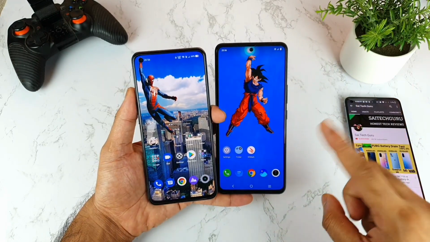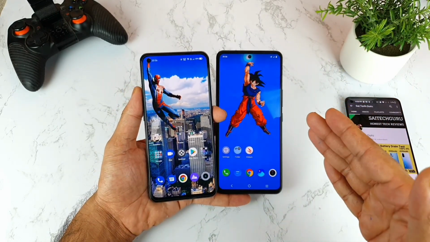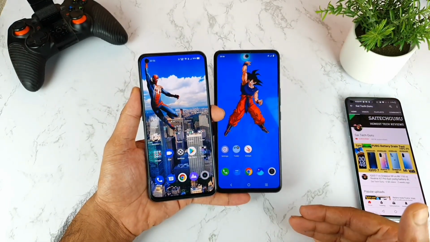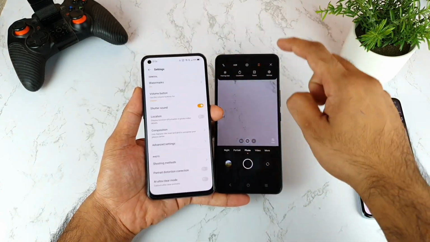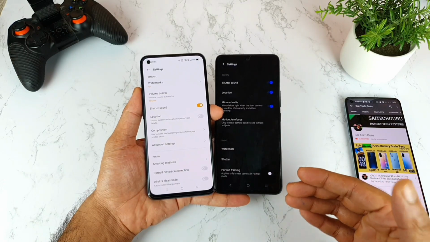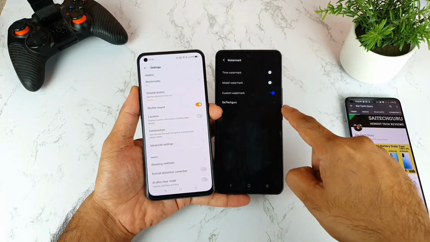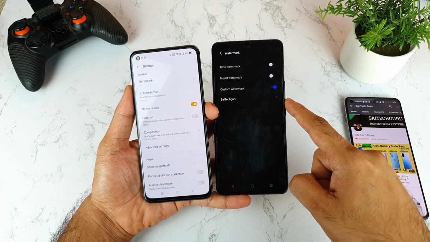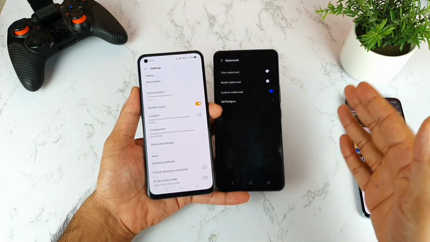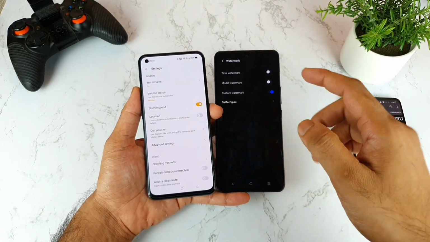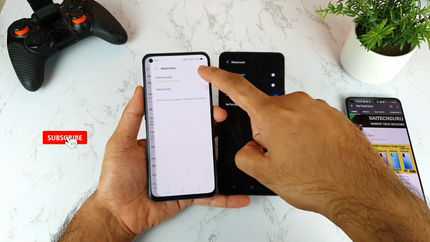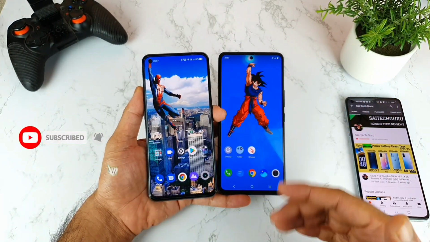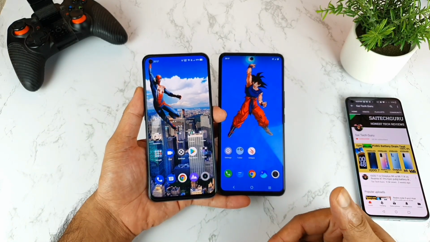And one more quick note: to differentiate between the normal shot and the Google Gcam shot, I went to the camera and used the watermark as well. I used a watermark on the IQ7 device. So if you don't see any watermark, that belongs to the Google Cam. If you see a watermark, that belongs to the default camera. That is how you can differentiate, friends. It's an easy way to tell what is Google Cam and what is not.